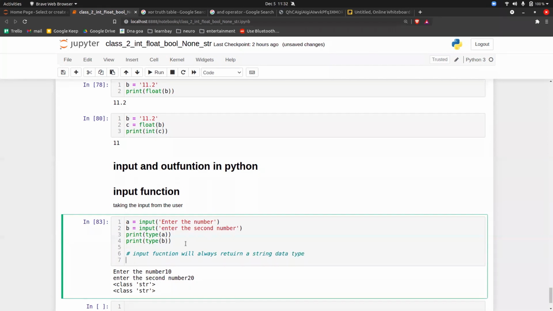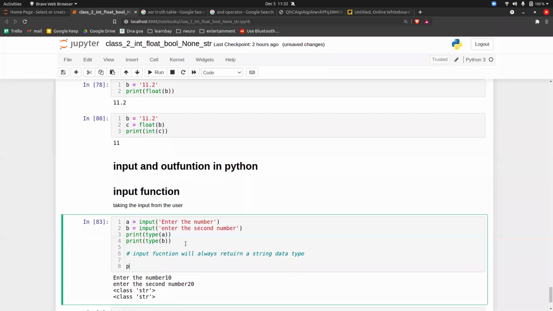But the problem is, if I want to take two numbers from the user and add them with print A plus B, is that possible to do here?